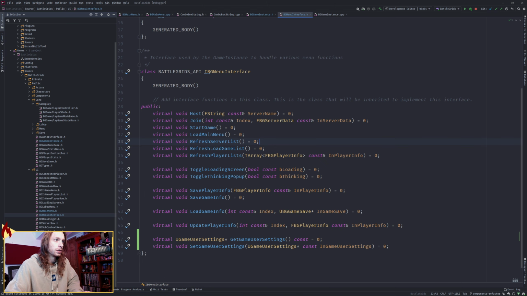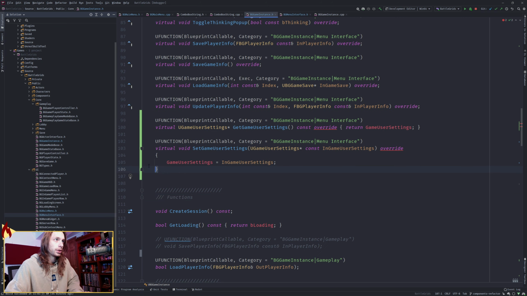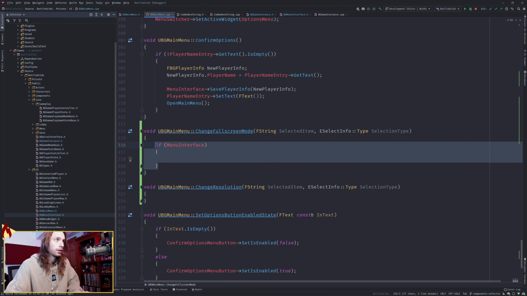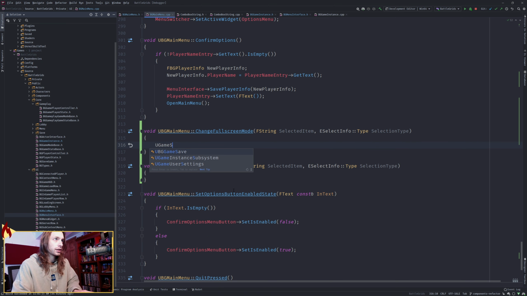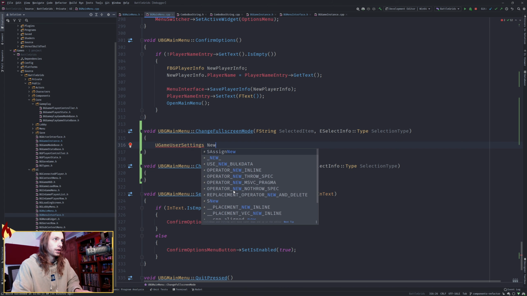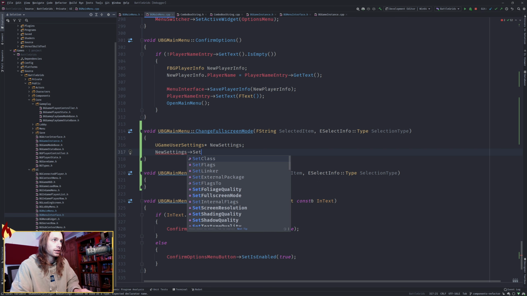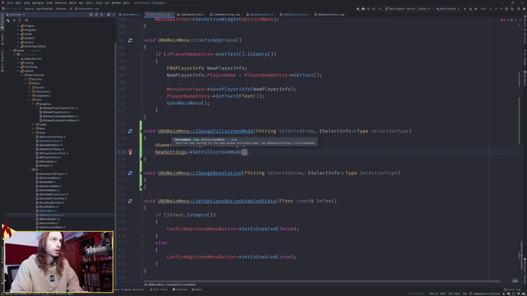We don't need to do that, do we? I don't think we do. Because we can apply and save directly from just making that. So what we're gonna do is just make some new game user settings called new settings. And for new settings, we want to set full screen mode to